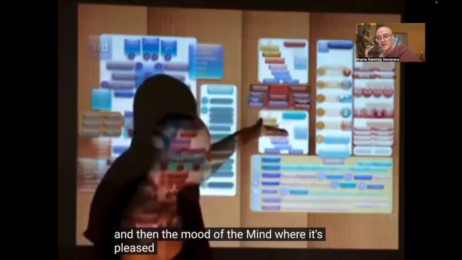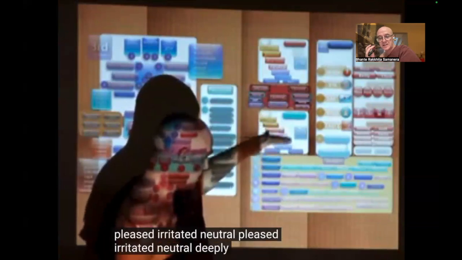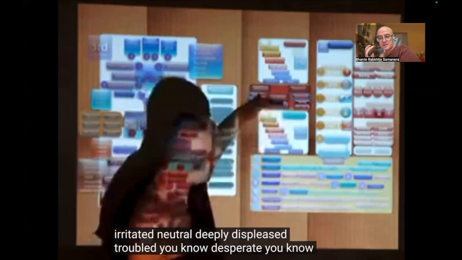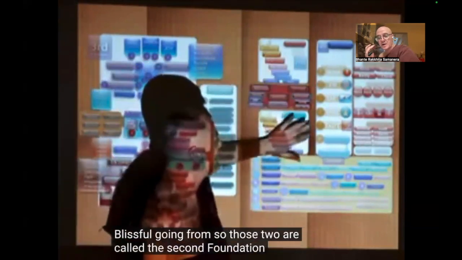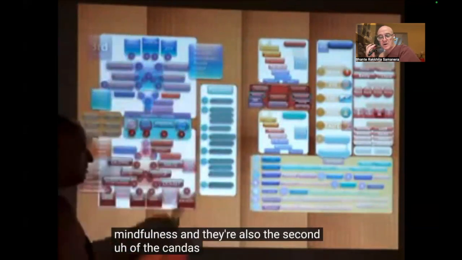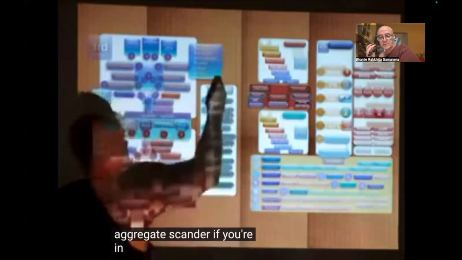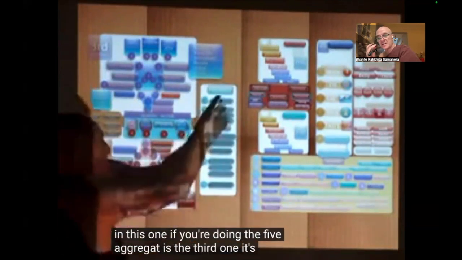And then the mood of the mind, where it's pleased, irritated, neutral, pleased, irritated, neutral, deeply displeased, troubled, desperate, blissful. Those two are called the second foundation of mindfulness. And they're also the second of the khandhas, of the aggregates. Skandha, if you're in Sanskrit. The third one of the 5 aggregates is